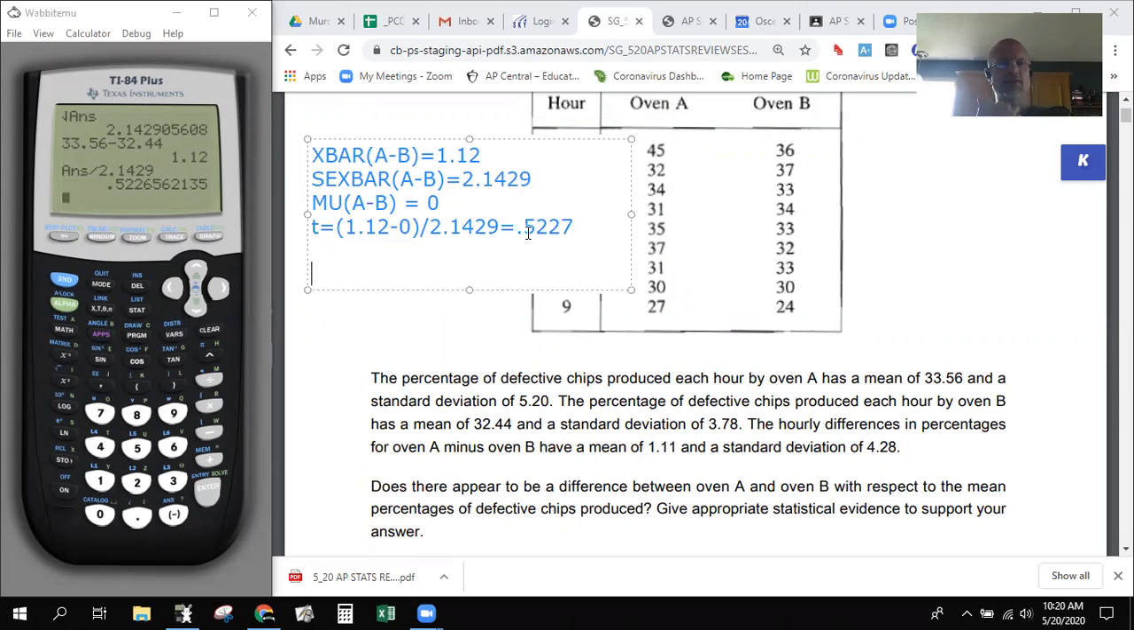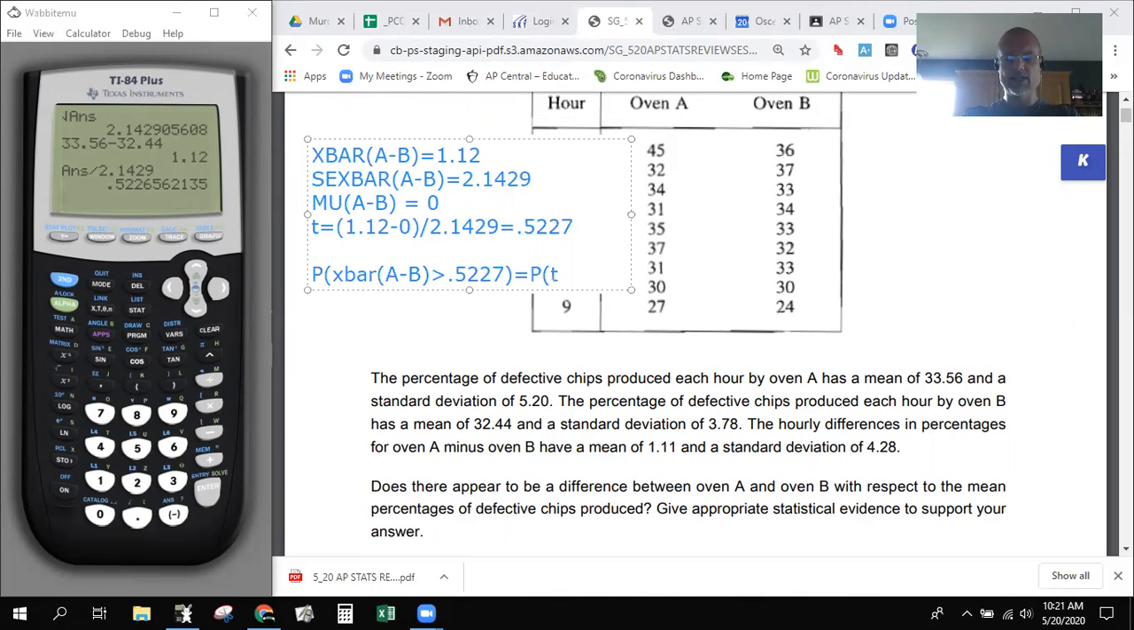Okay, so now I've got the test statistic, that's 0.5227. Now I have to fit it into the probability, so obtain a p-value. So the probability of finding an X bar A minus B that is greater than 0.5227 is equal to the probability